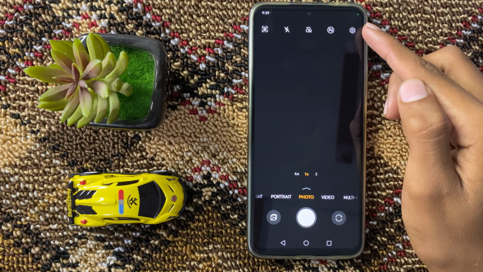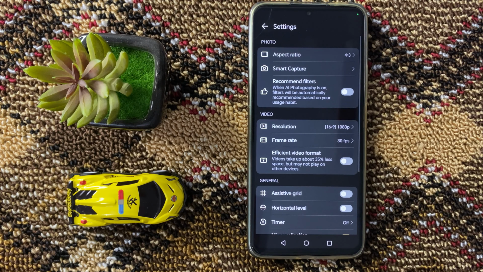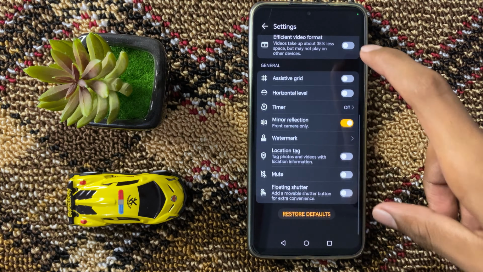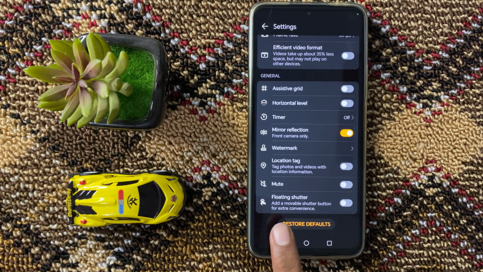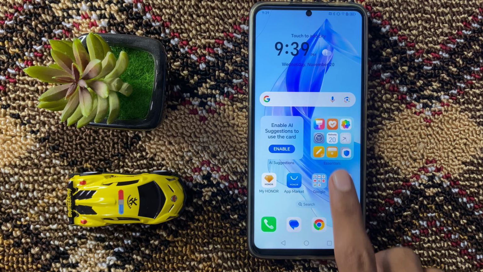On top right corner you can see the setting icon. Now click on it and then scroll down in last and click on restore defaults and then click on OK. After restore defaults, then open settings